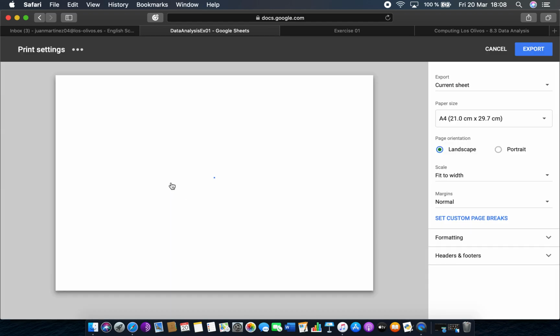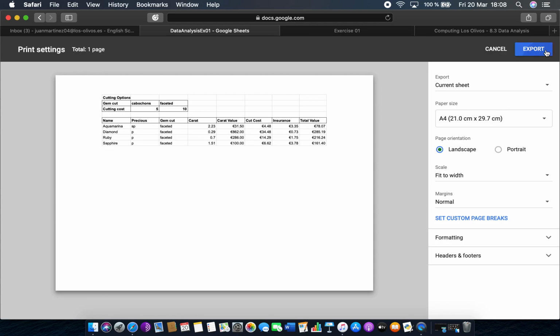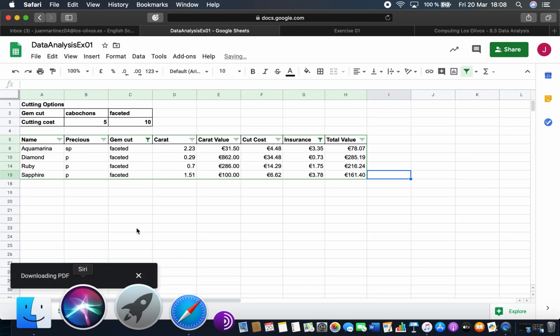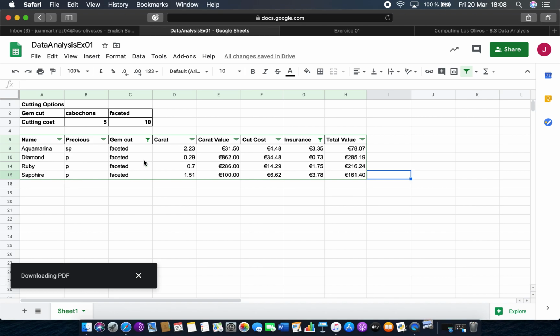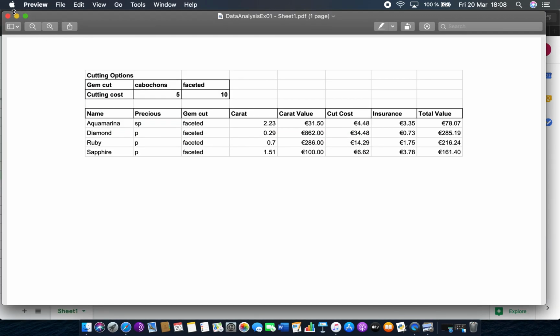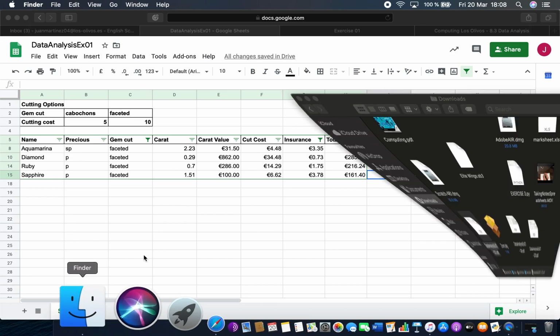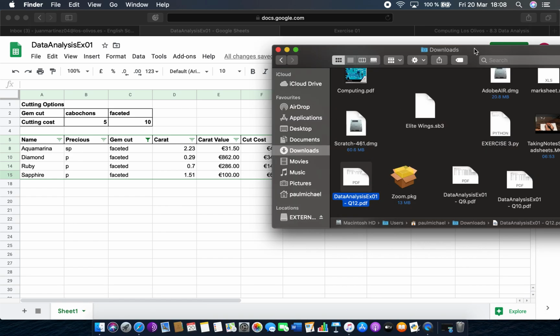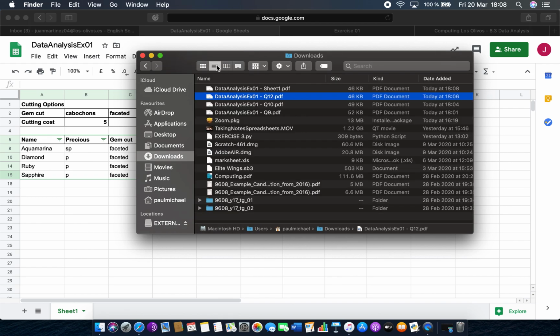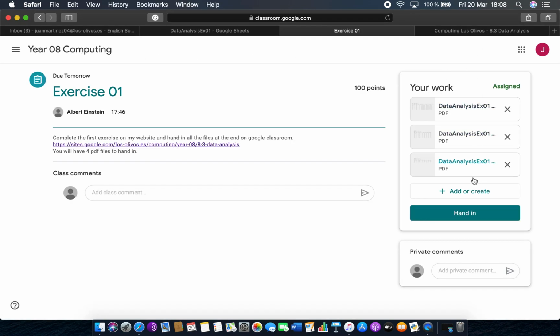PDF document, and that is question 13, so export that. Downloading, going to open again as it always does on my computer. Go to my downloads folder and just find it, so you can put it in a list like this. So here it is, it's this top one that I've just downloaded today, and change that name to Q13 this time, right? So then all I need to do is then upload that one